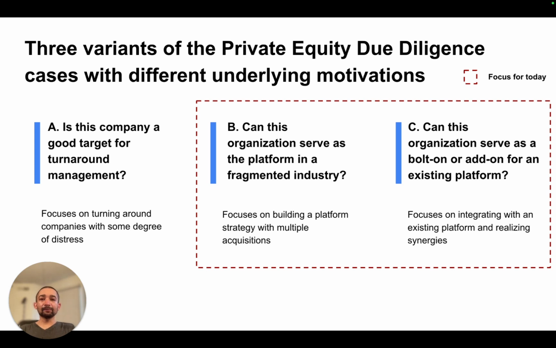Now, the one thing that becomes very, very important for private equity cases is to understand the underlying motivations of the private equity fund or the strategic buyer on whom the case is based, right? So you really need to understand what the underlying motivations are. Why is the strategic buyer or the financial investor interested in purchasing a particular company? The three most common reasons for why private equity investors or strategic buyers are interested in buying other companies include,